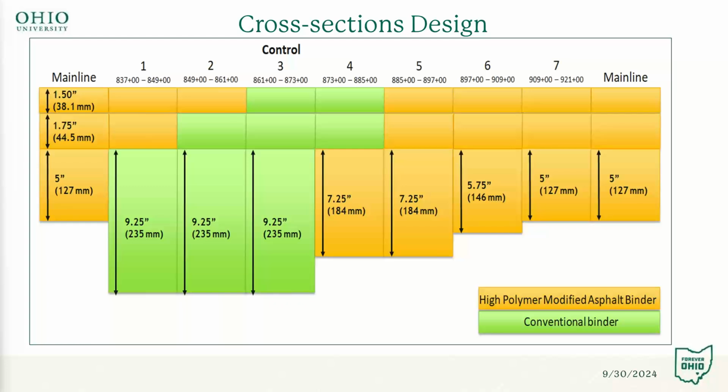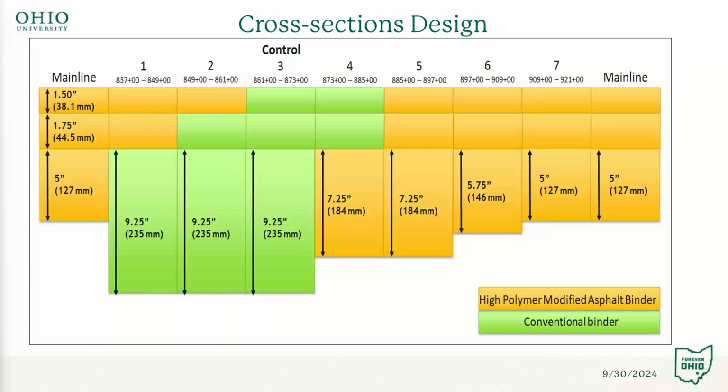layer. Section 6 had the same surface and intermediate layers, except that we increased the thickness of the base layer by 3/4 inch. Section 5 was increased by a further 2¼ inches from section 7 and included high polymer asphalt throughout. Section 4 had conventional binder in the surface and intermediate, but high polymer modified asphalt in the base. Section 3 acted as our control section and was conventional binder from top to bottom, with the base layer being